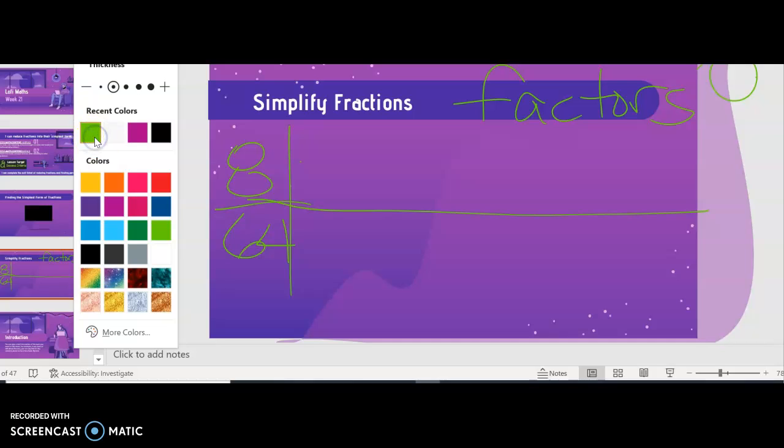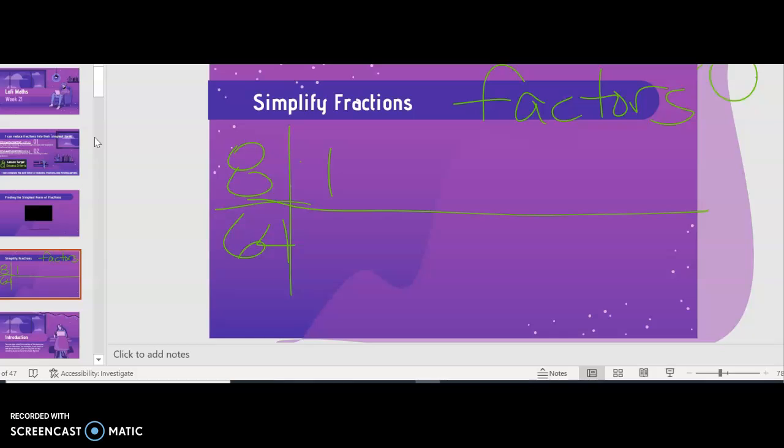Okay, so 8 and 64. What are the factors of 8? Okay, well, you always have one, the number and itself. You could do 1 times 8. What else? Yes, good. 2 times 4. What else? Okay, that's it. That's all the factors. All right, so now I have to think, is 8, because that's the biggest factor, is